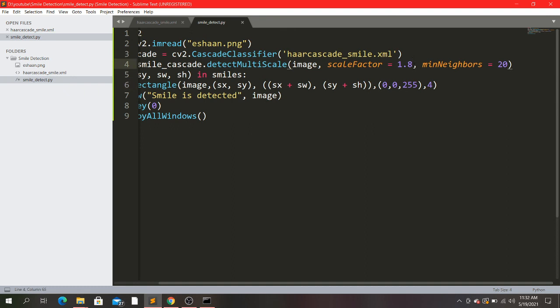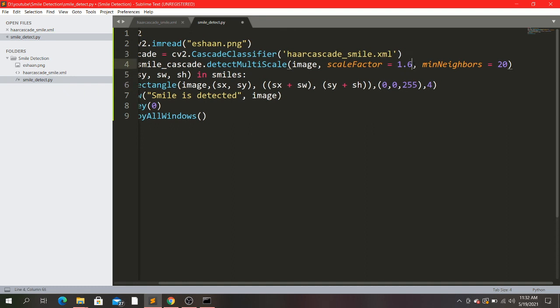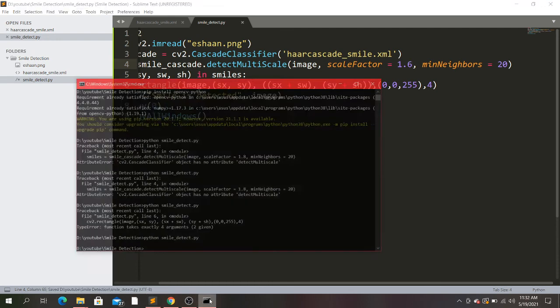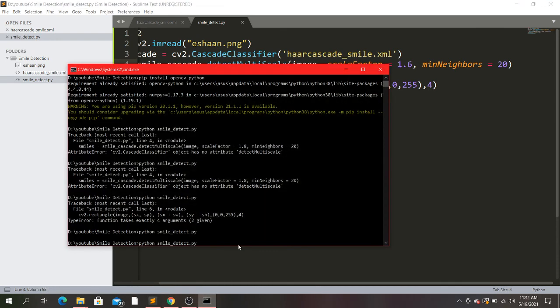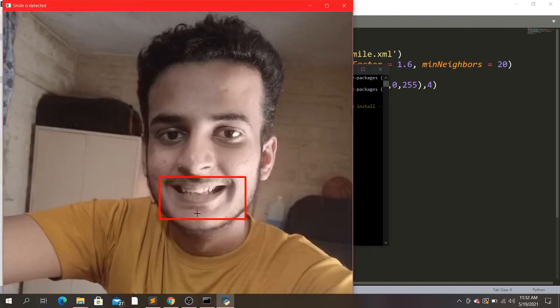Let's change 1.8 to 1.6. I am guessing, taking a random number. Let's see. Yeah, now the smile is perfectly being detected.